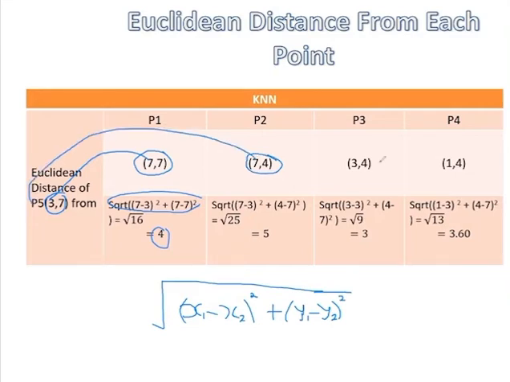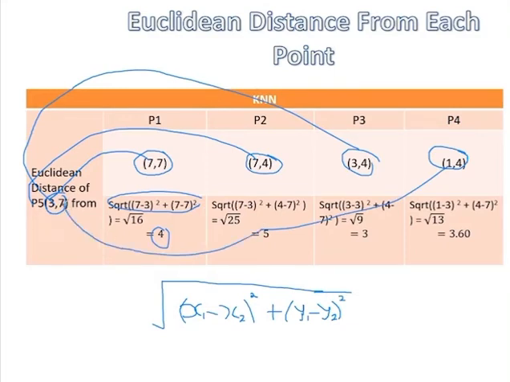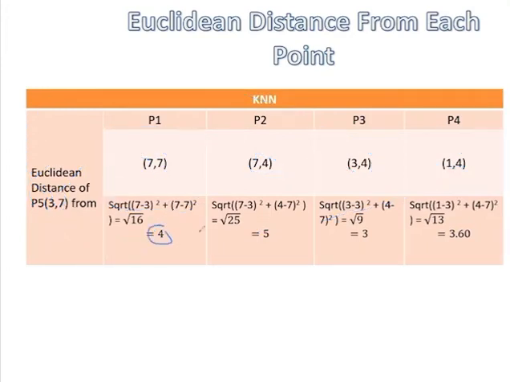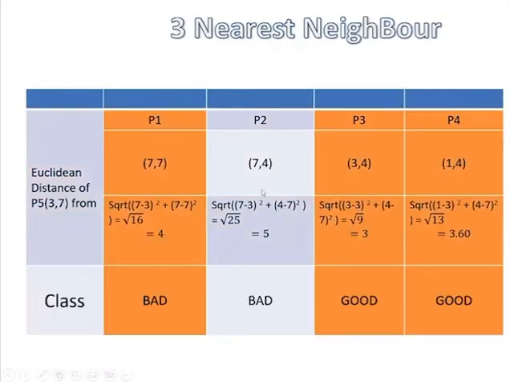So you're going to find the distance between each of those points and the particular point, the coordinates that we're seeking the classification for. When you do that using this formula in each case, you're basically going to have this result. So that is what you're actually going to have. The next thing you're going to do when you have that, initially,